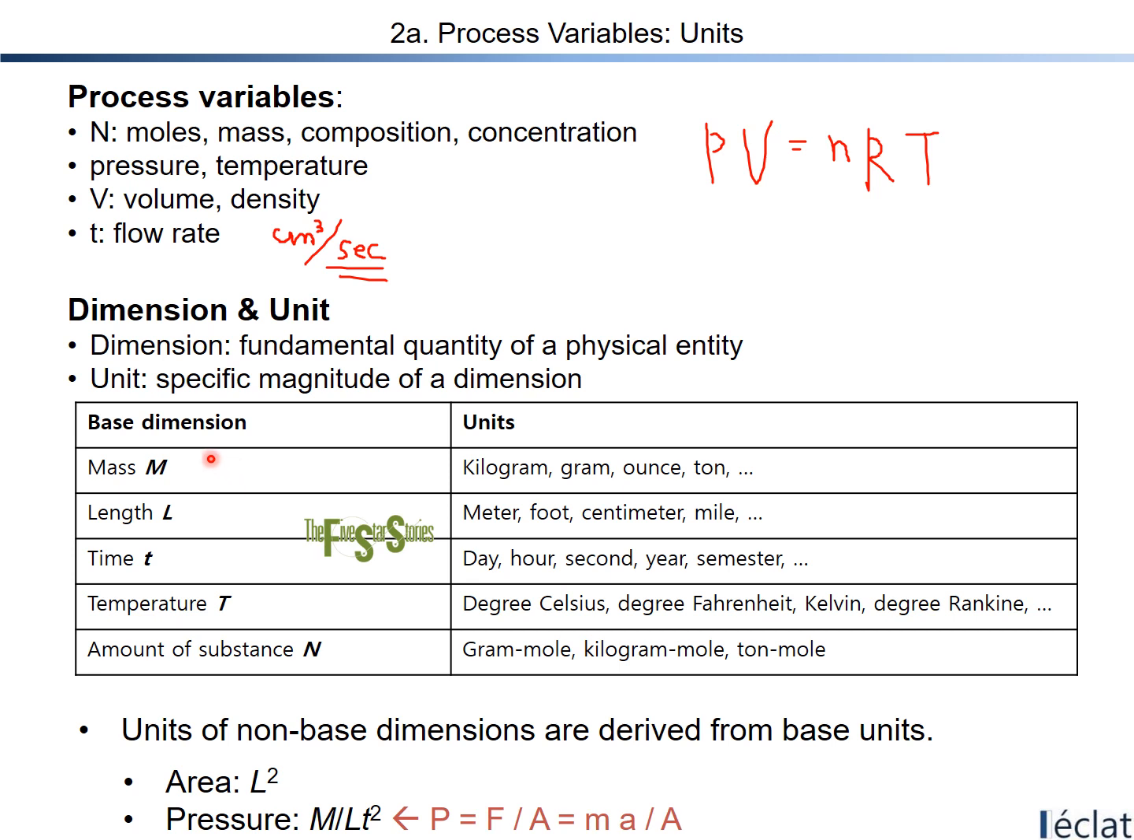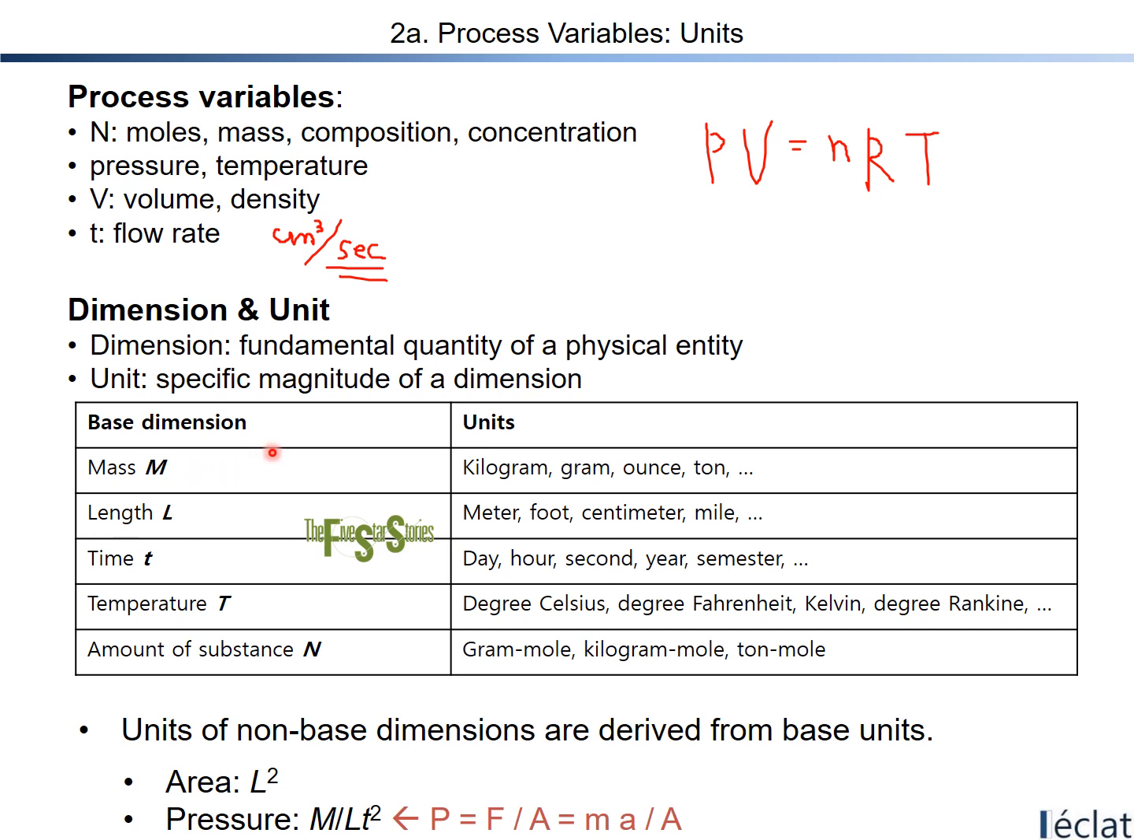Here are 5 base dimensions: mass represented by m, length represented by l, time represented by t, temperature represented by capital T, and amount of substance represented by capital N. So let me start with M. Mass. M is the base unit,